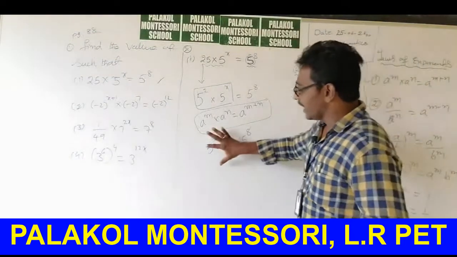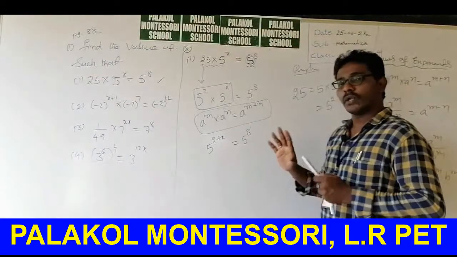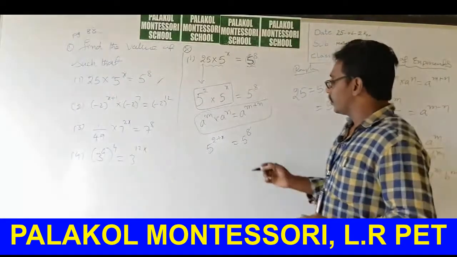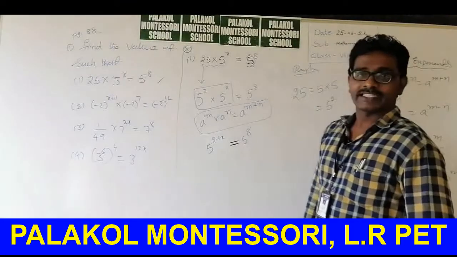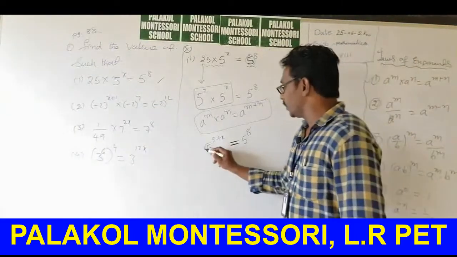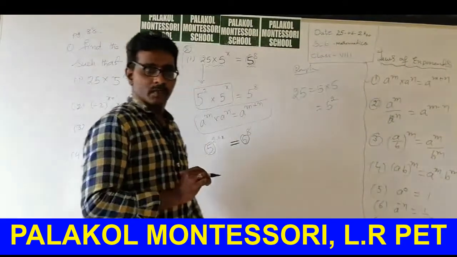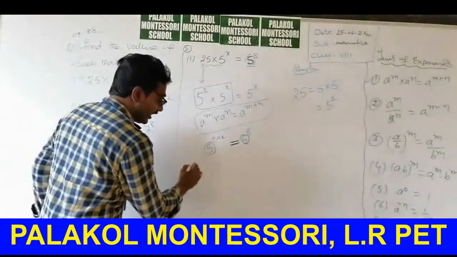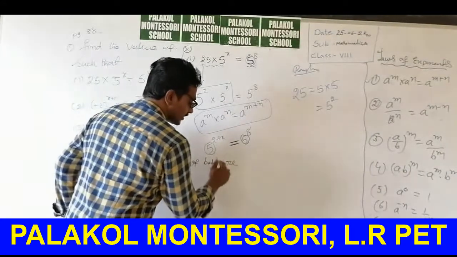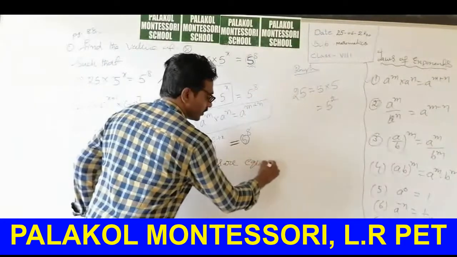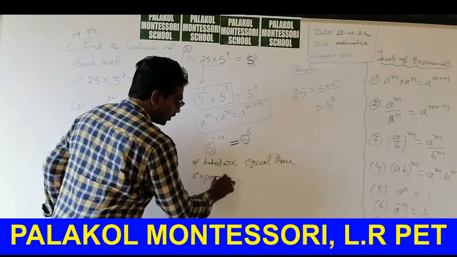See guys, the LHS part is in the form of only one term, and the RHS part is in the form of only one term. In this situation, with an equal symbol between both, when the bases are equal, the exponents are also equal. Clear? I write on the blackboard: if bases are equal, then exponents are also equal.